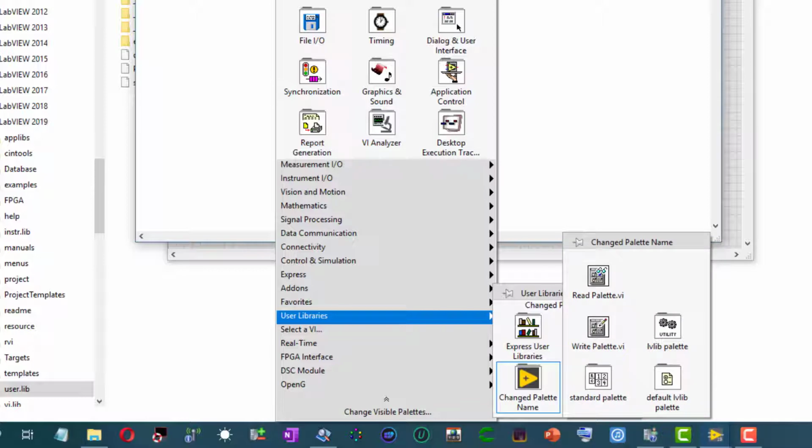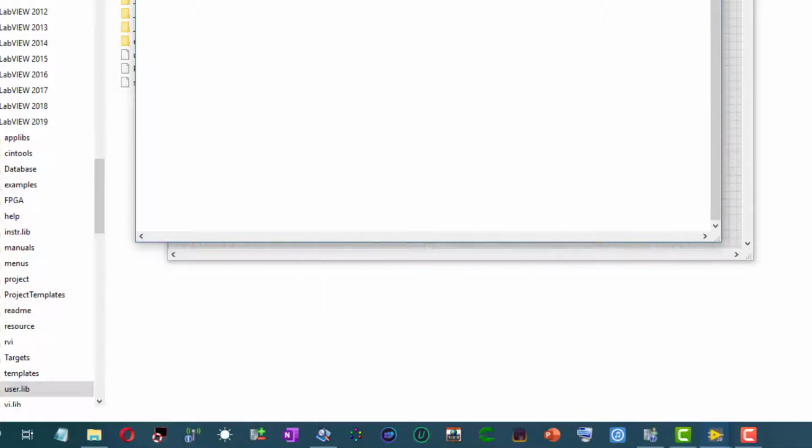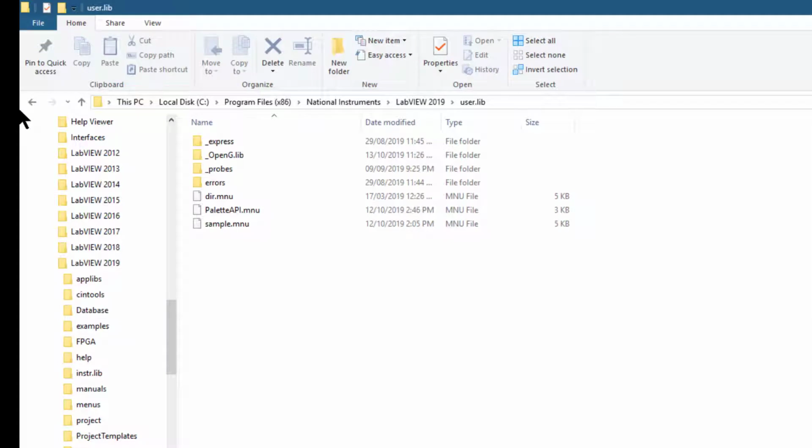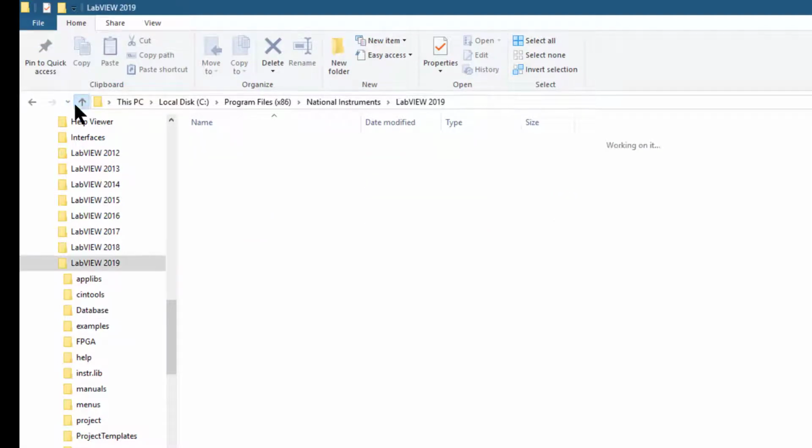So if you place your own code in this folder and you upgrade LabVIEW or reinstall it, then your original files are not affected. They remain where they are and they are then imported into the new version. The next library is called vi.lib,